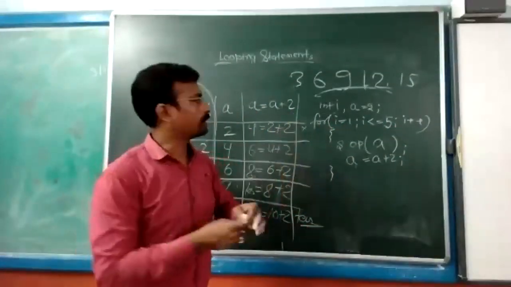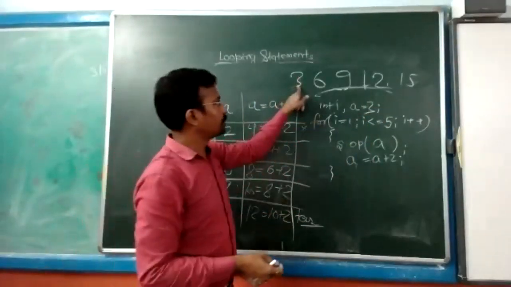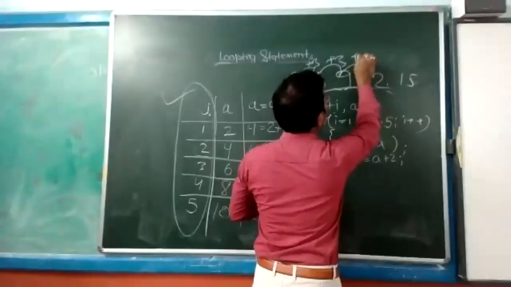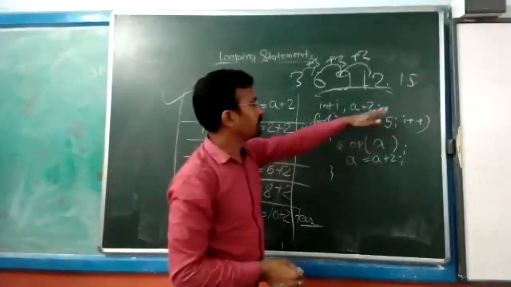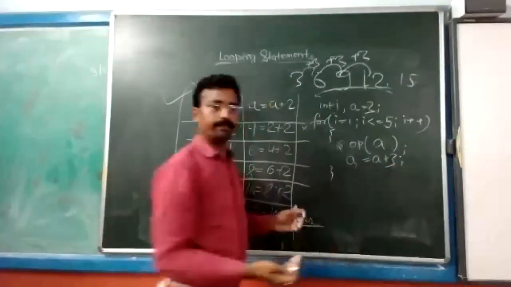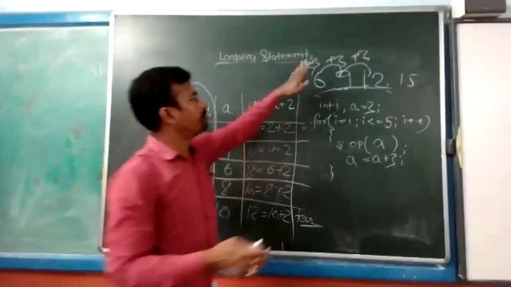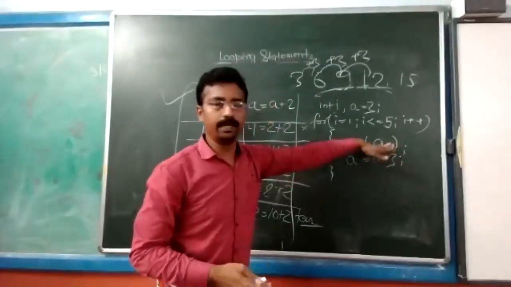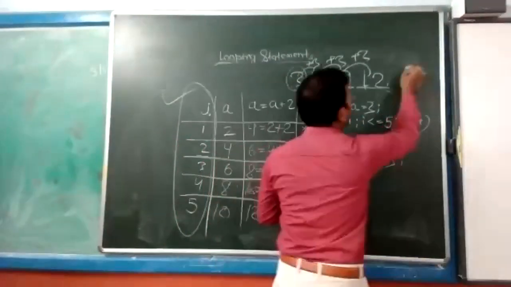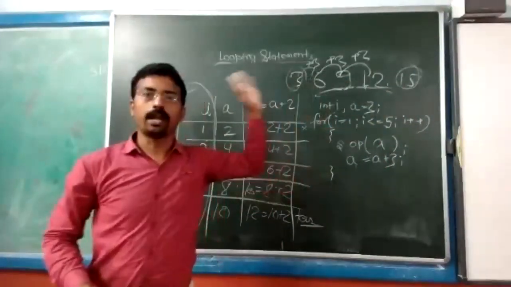Let it be. What to focus on? Initial value. The initial value is how much? 3. That's it. The initial value is 3. What is the difference? Plus 3, plus 3, plus 3. So 3 is initialized. Now you will find here A, 3 is printed and 3 is updated. That's it. So see, 5 results came, updation happened and printing happened. So you will not focus on the starting point, ending point, updation. No, this is the wrong way of doing series programs or any program like this.